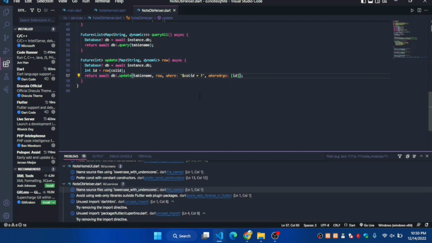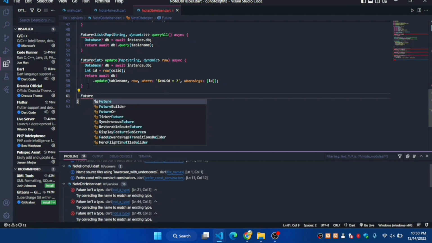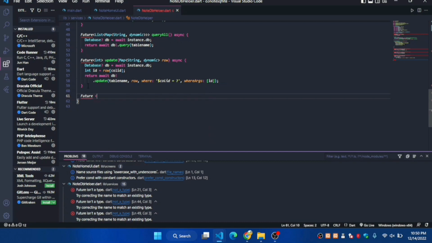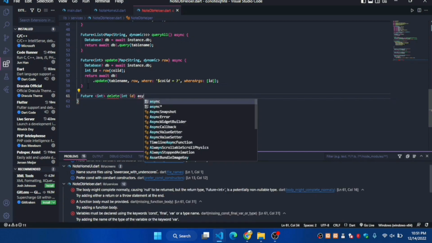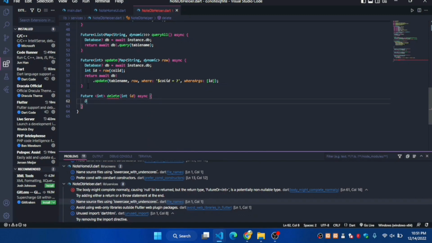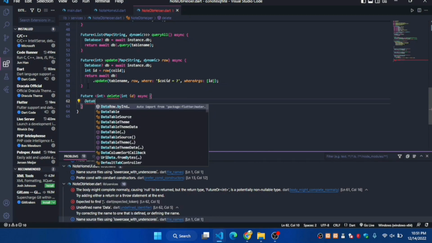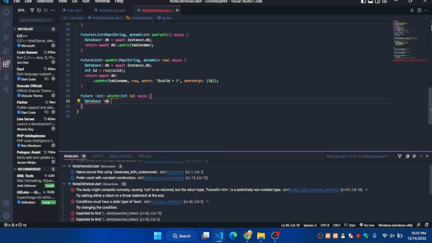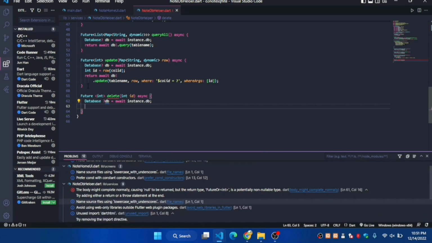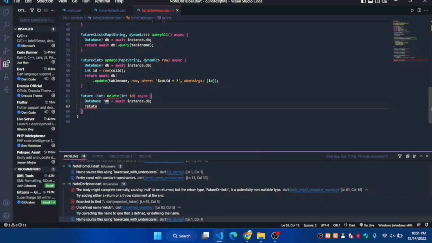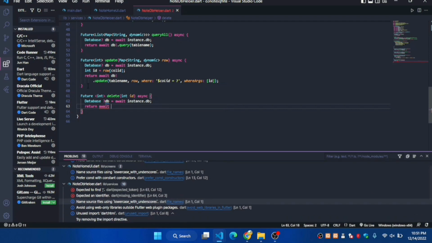We have created the method for inserting to the database, for querying the database, and for updating the database. Now we have to create the custom function to delete from the database. So for deleting we require an integer, like the integer refers to the ID of the row which should be deleted. So it is of type int, and it also takes the parameter ID as an integer. It is an async method, and we have to first of all create the instance of the database,